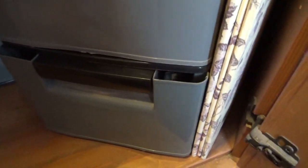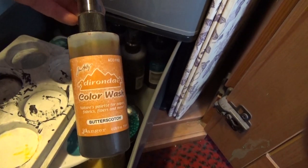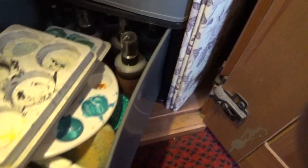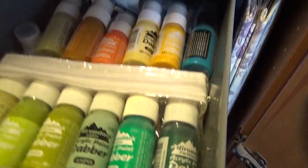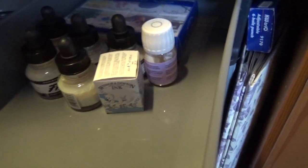Let's have a look over this one first of all. This one's got, what are these things called? Palettes and the old colour washes before they made them into the small size. And this one is every dabber just about under the sun. I liked them. This is where I did used to keep